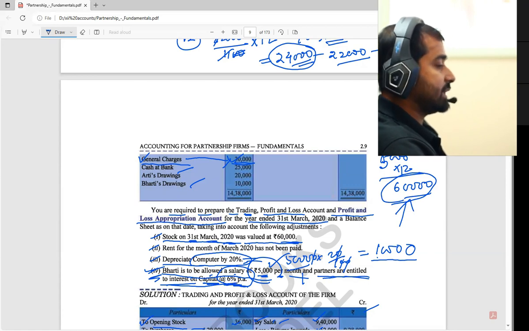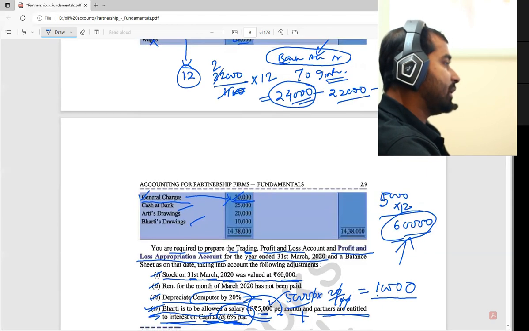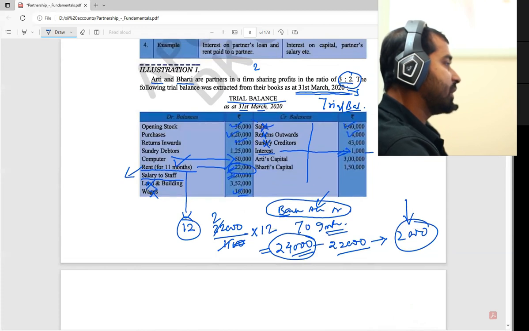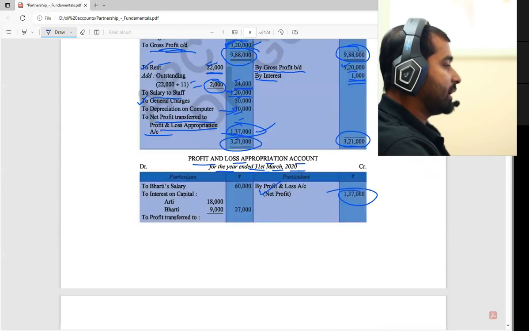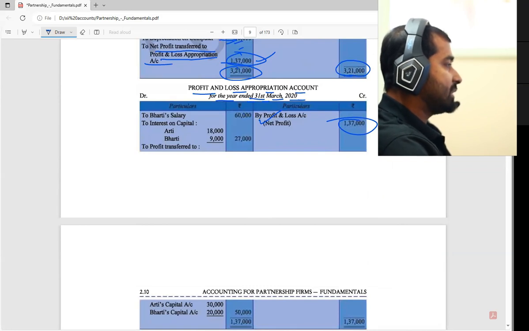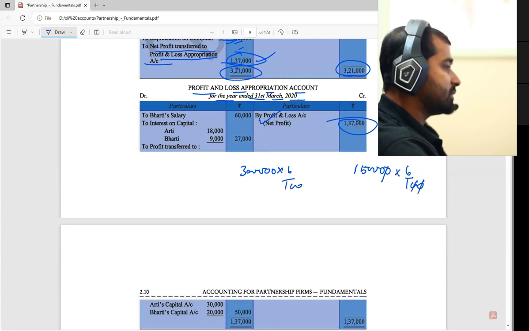how much? 6%. Now for 6% interest on capital, we need the capital also. See that the capital is given here, Aarti's capital and Bharti's capital. Have you seen that? Yes, sir. So Aarti's capital was 3 lakh rupees, correct? Yes, sir. And Bharti's capital was 1,50,000. And their 6% interest, 6 by 100 into 3,00,000,